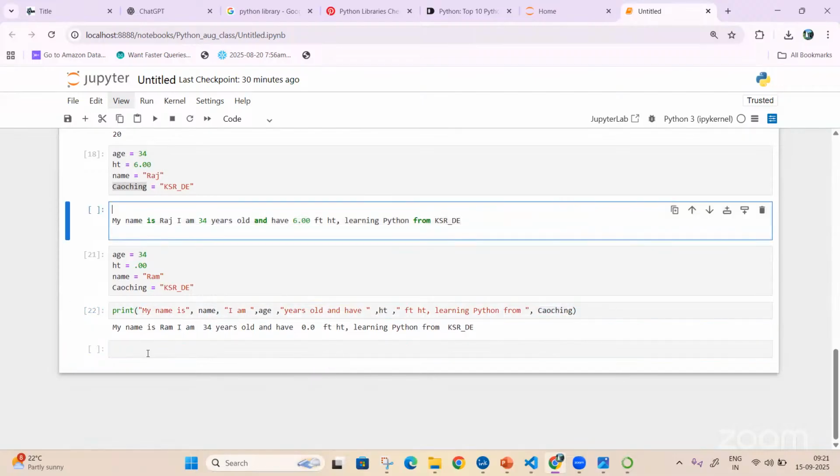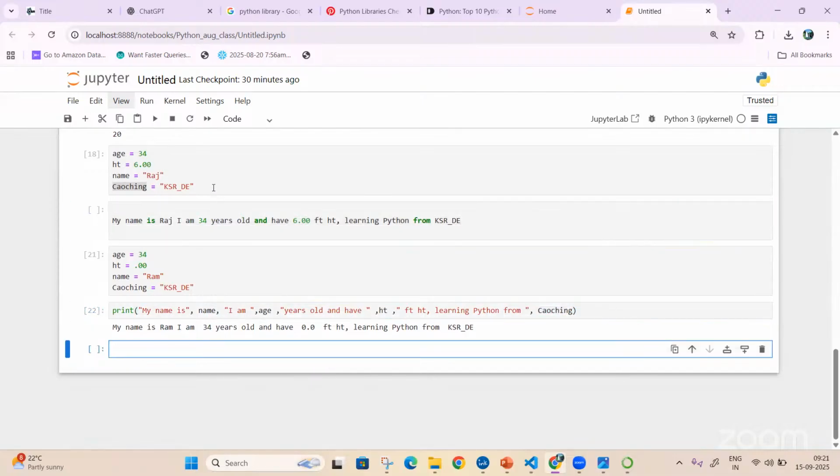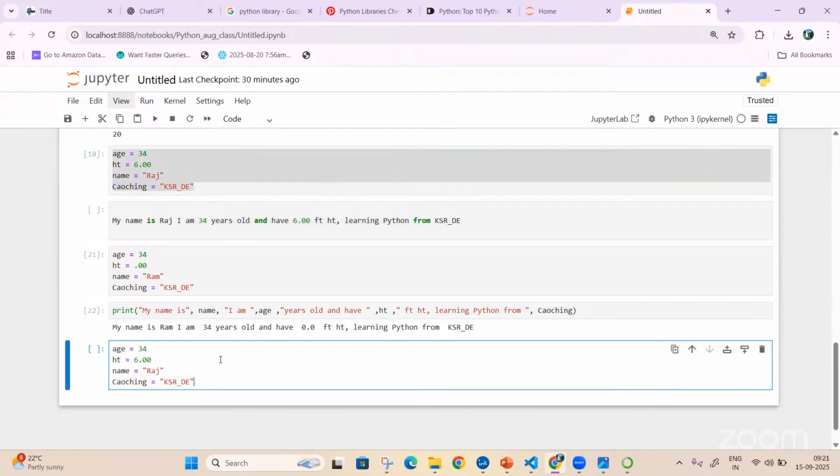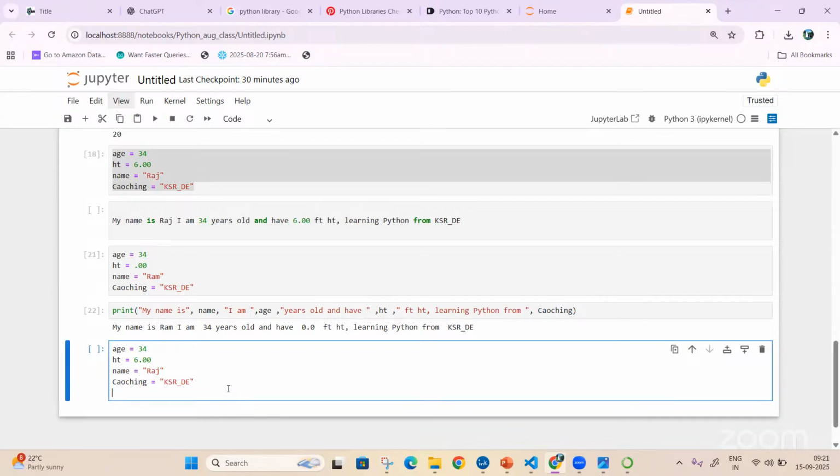Okay, that's a good question. I assigned my variables like this, and whenever I assign a string, I use quotes. Now I'll just print age, comma, height, comma, name.